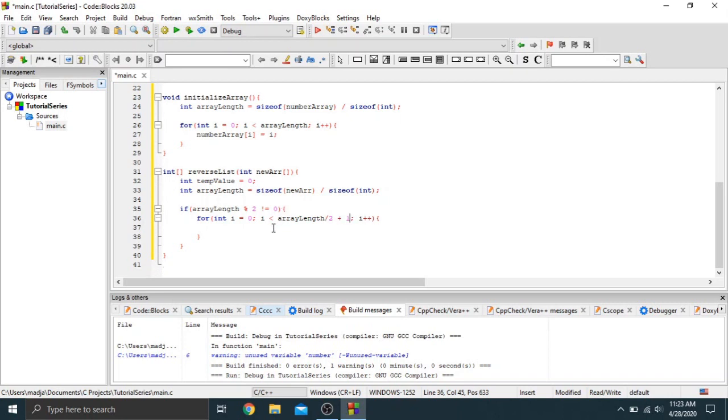So what this will do is, as long as it doesn't hit that median, which is what that is, if it's odd, then if we divide by 2 and add 1, we get the median number for any odd number. That's basically what I'm doing here. And until it gets to that, I want to have that temp value, and I want to say new array of I is basically,